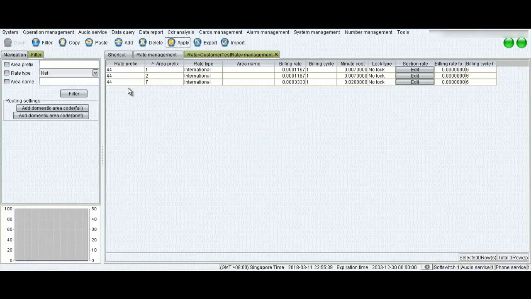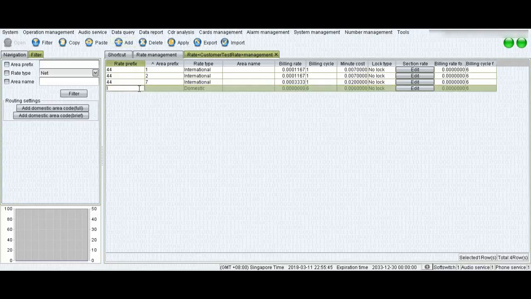Now here is one more example, where you want to give some other prefix to your customer. For example, you want your customer to send calls starting with prefix 555 to the United Kingdom mobile code 447.